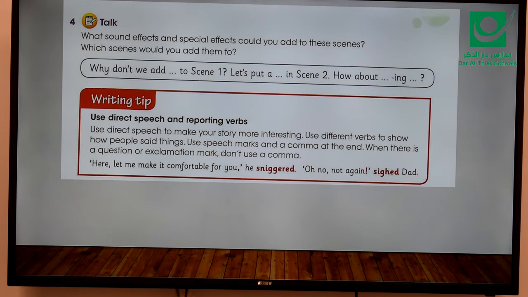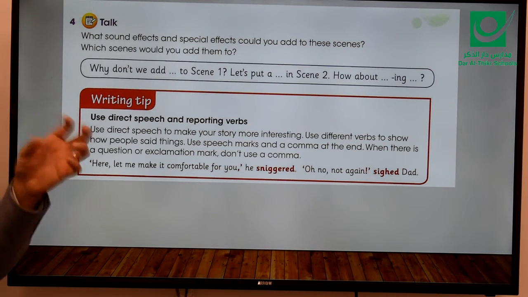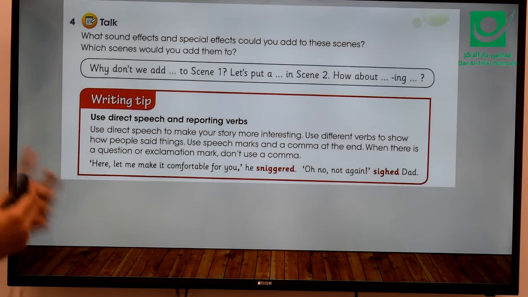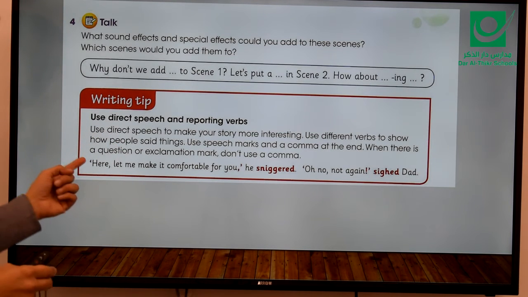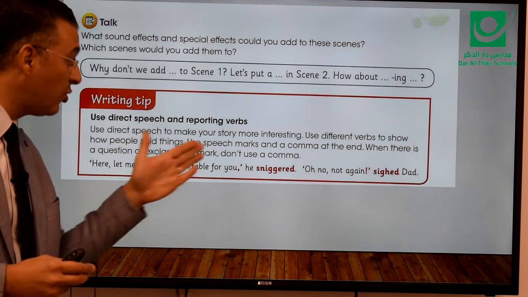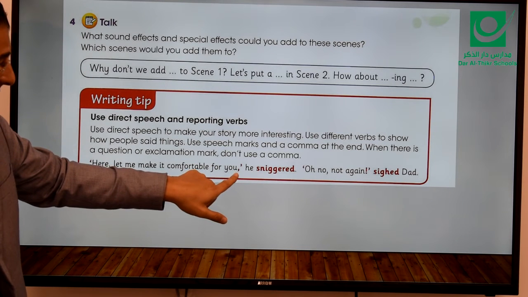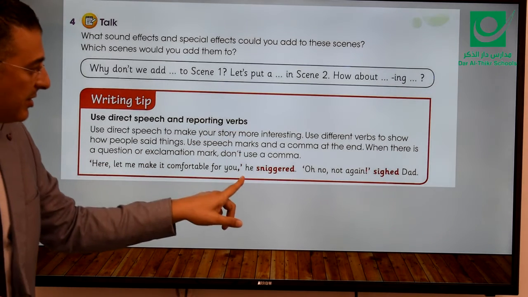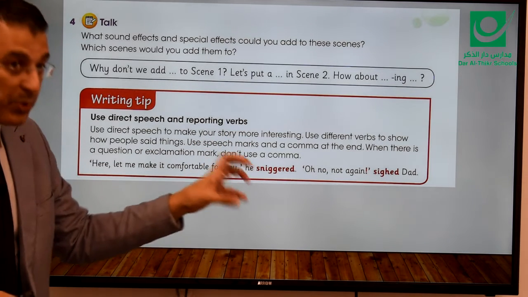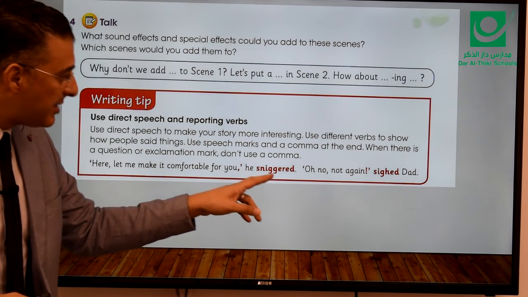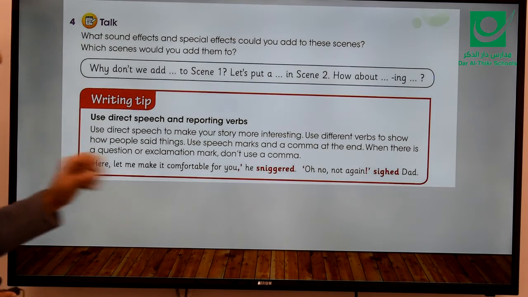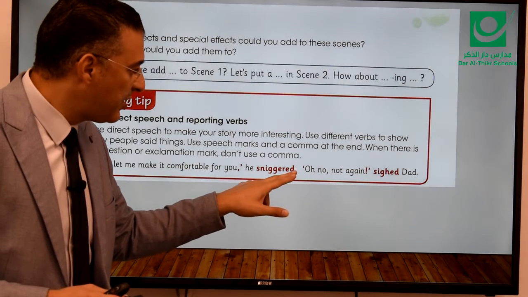Speech marks, when you take a quotation or a saying by someone, normally in stories, you put them between inverted commas or the speech marks. If you continue, you end with a comma here. This part ends with a comma because you continue saying the reporting verb, he sniggered. Okay? After that, we finish this part.